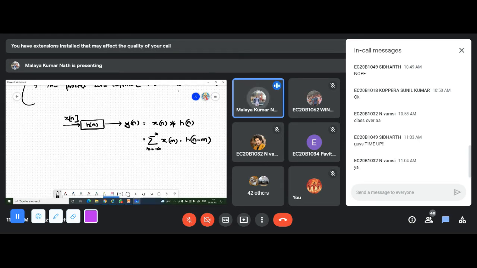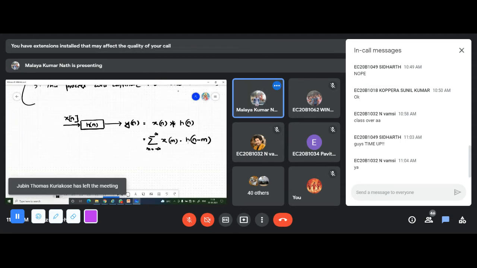So what exactly have I done here? I first converted the signals x of n and h of n into the variable m, that is x of m as well as h of m. Then I rotated or folded one signal, so I folded h of m and I will get h of minus m. Then I will shift this folded signal over the unfolded signal, multiply the overlapping regions and add them.